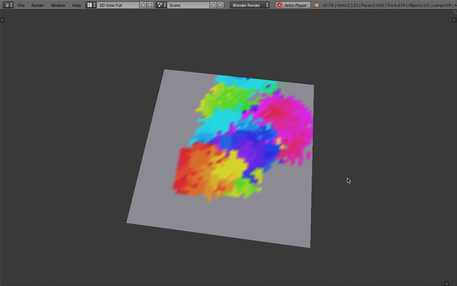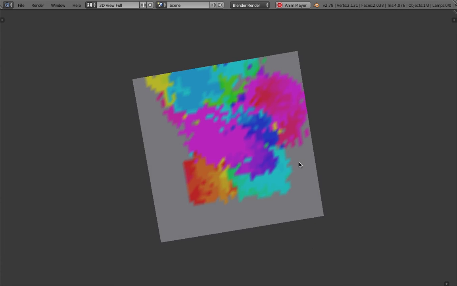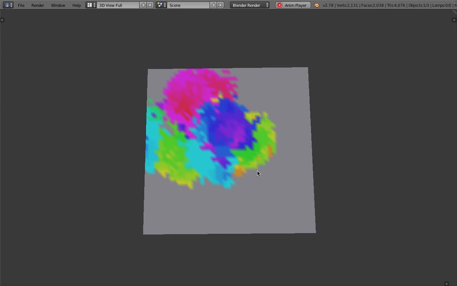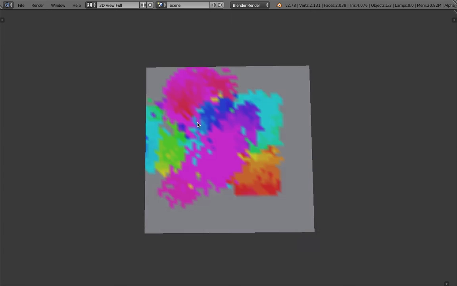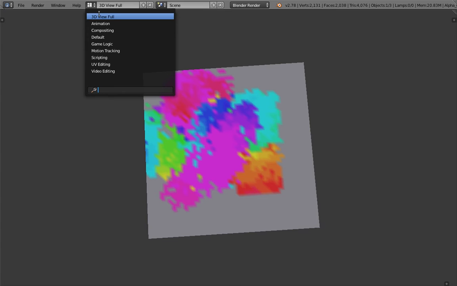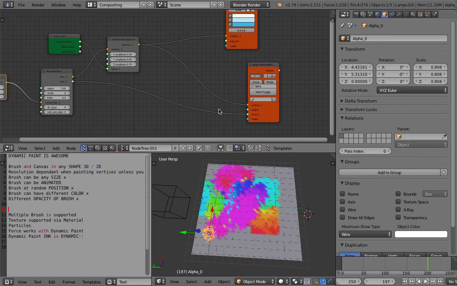You see, that's kind of abstract painting, and it's being generated using dynamic paint. What's underneath is actually quite basic and simple, but the result can be really interesting, because if you think about it, in order to generate this, if you are using OSL or Open Shading Language and write some kind of program to generate something like this, it's a lot of coding. For real good coders, it's okay, that's easy. You can do the same thing, but knowing that you can do this using animation nodes and Sverchok, this is